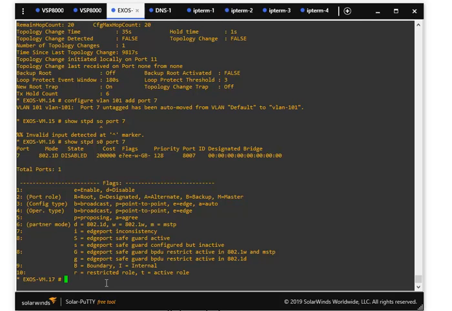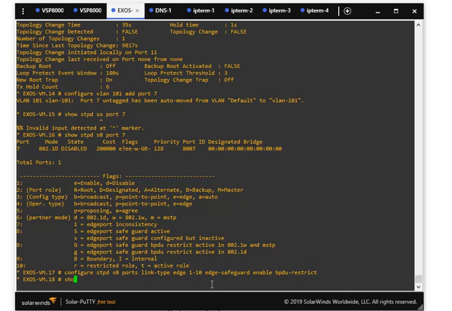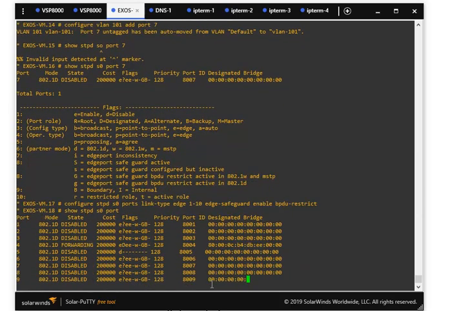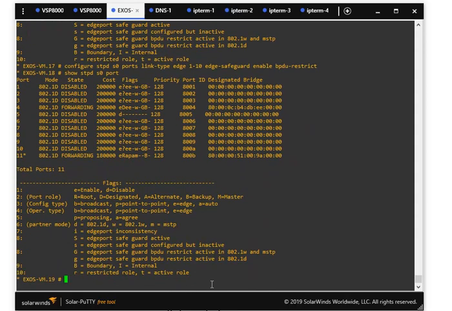Now to do something like fast start on EXOS, we would just copy a single line with a range of ports, for example 1 to 10, and we will enable a feature called Edge Safeguard and BPDU Restrict, which is an equivalent of creating a fast start port configuration. Let's paste that in, and we do show STPD S0 ports, and we'll see that the edge ports have been set up on ports 1 to 10,